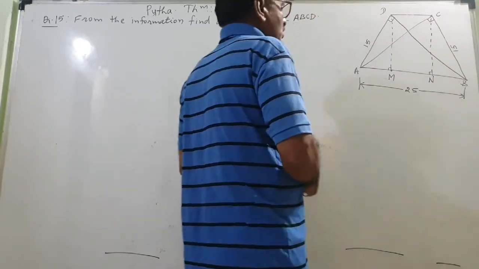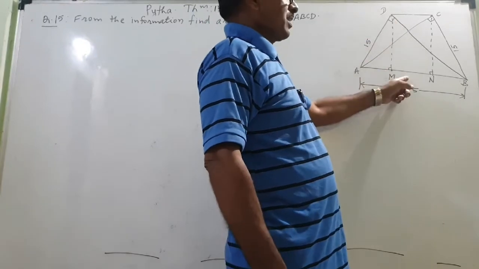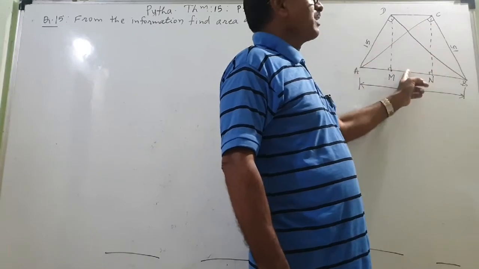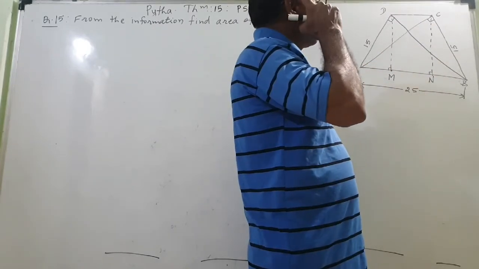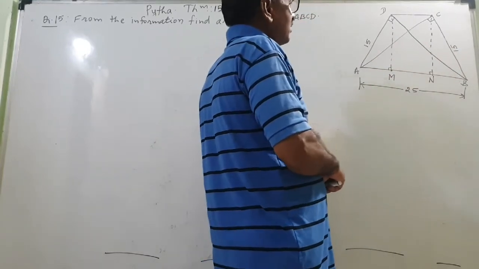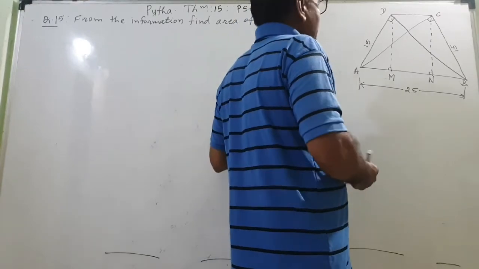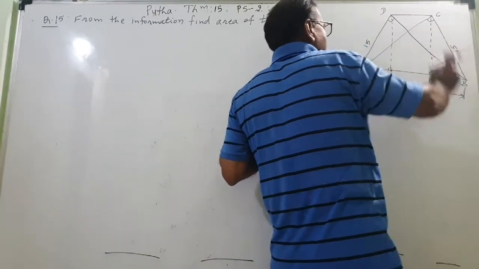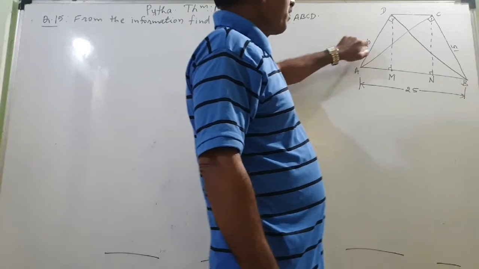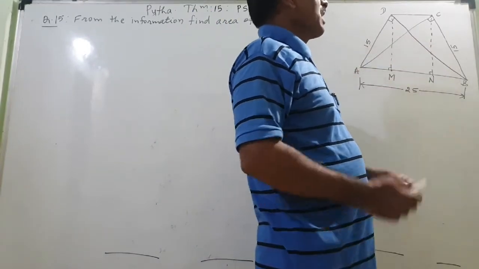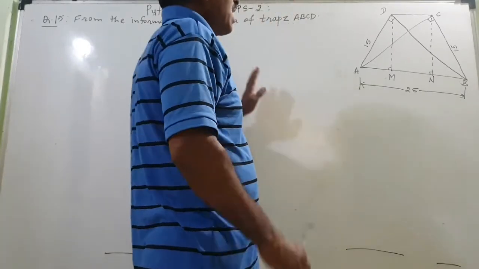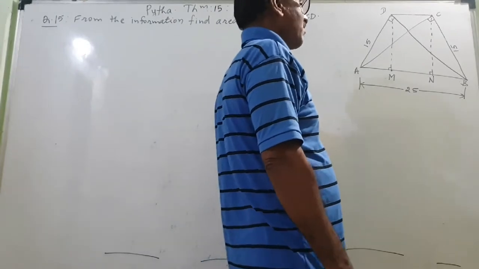What is meant by trapezium? One pair is parallel to each other and the other two are non-parallel. One pair of opposite sides is parallel, meaning DC parallel AB, and these two are not parallel. Now from the figure, AD equal to BC, and that's why this is known as an isosceles trapezium, meaning these non-parallel sides are equal. This is called an isosceles trapezium. Okay, we'll go in detail. How can we find it? First of all, I will discuss.